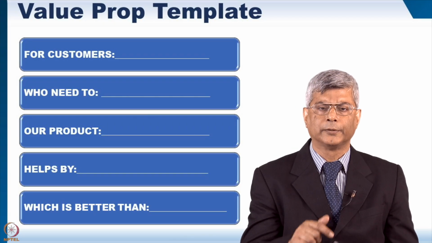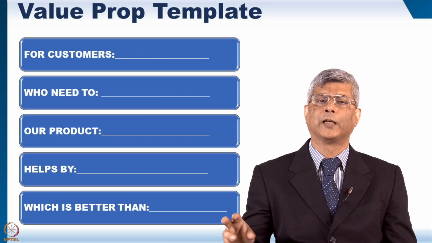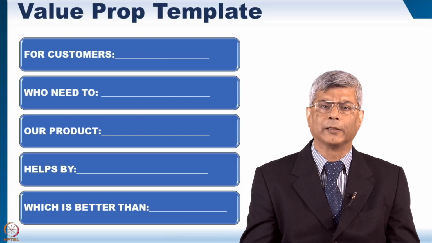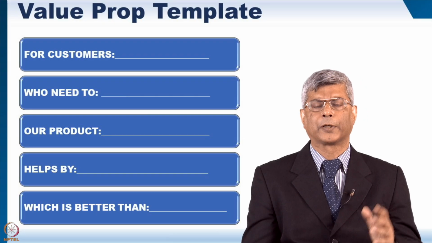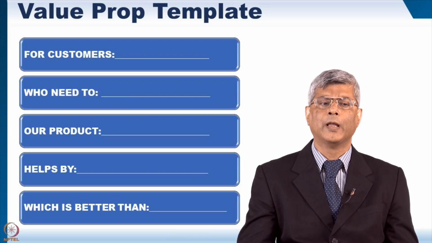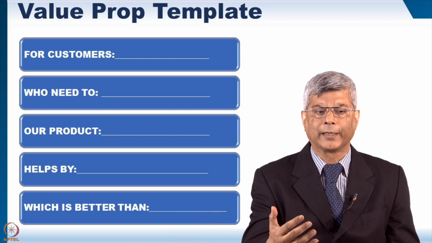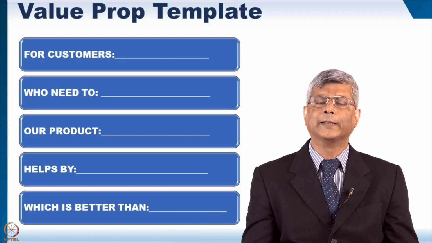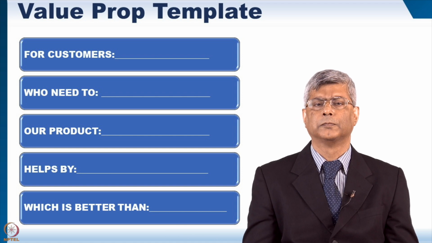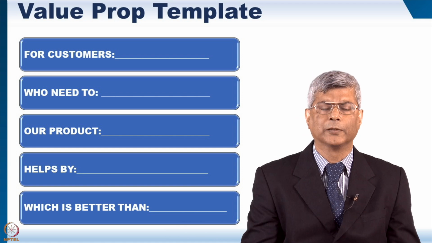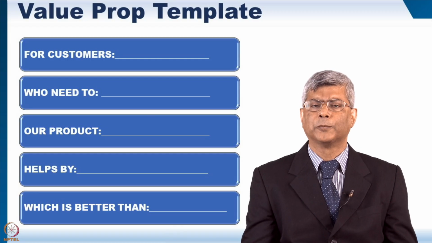Our product, and then you define your product. Our restaurant, our smartphone, our airline, our hospital, our shirt, our pant, our television set, our car helps by doing this. How does the product help? And the last part of it is, which is better than what exists, and you have to describe it there. So for example, again, going back to a Tata Motors example,